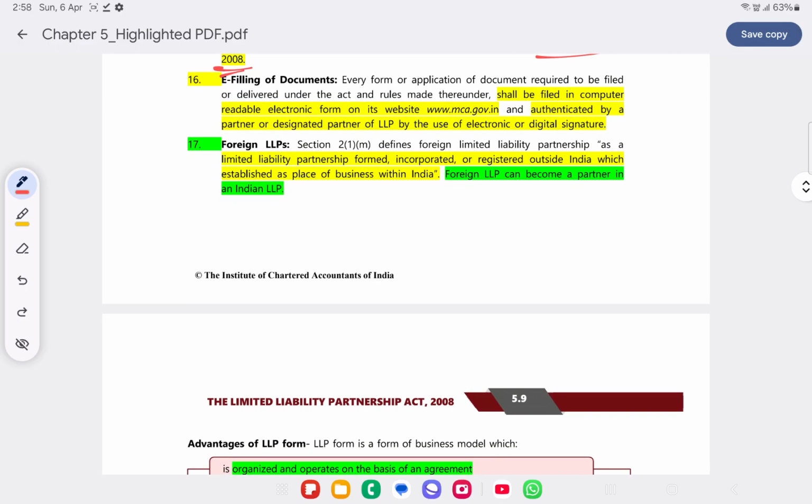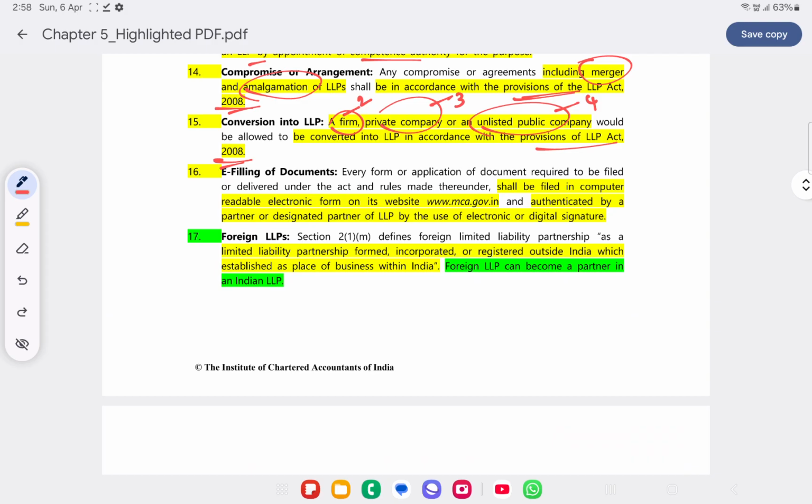E-filing of documents. So nowadays, we do not have the physical filing of documents. It will be only e-filing of documents. So right from incorporation to filing their annual return or maybe other documents which are required under the Act, they will have to go with e-filing of documents. In the MCA portal, that is www.mca.gov.in, they will have to, for example, if they are filing an annual return,